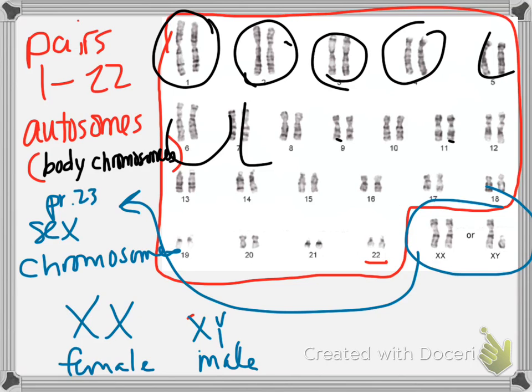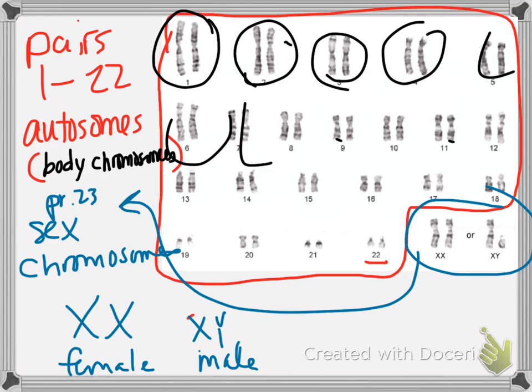Every now and then something goes wrong with the process of making an egg or a sperm, and it ends up with either no chromosome in a particular location, or it ends up with 2 copies. When that happens, we can have either a null error, or we can have a trisomy error. So we'll talk about this on the sex chromosomes first. Like I said, the most common arrangement, the arrangement that's the easiest to deal with, is you get 1 copy of each. XX, you're biologically female, you're producing eggs. XY, you're biologically male, you're producing sperm.